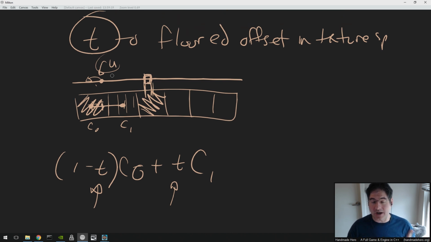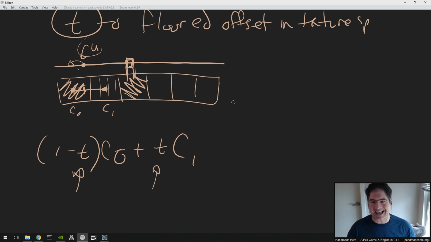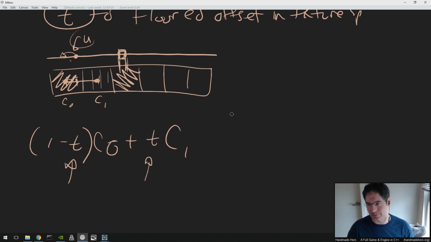So what I want is effectively an if in my shader, although it can also be done as non-if. We'll probably do it with clamps and stuff, but if the pixel is entirely contained,